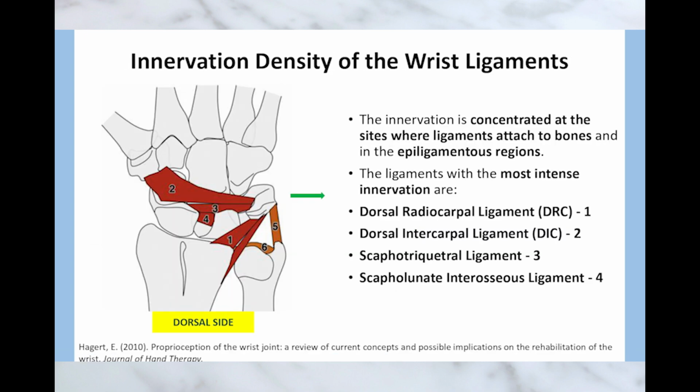But when you look specifically at the ligaments, some of them have a lot more nerves than others. Okay. The dorsal radiocarpal ligament, DRC, the dorsal intercarpal ligament, DIC, the scaphotriquetral ligament, and importantly, the scapholunate interosseous ligament, SLIL. Those all have a really dense network of nerve endings. And we have some innervation maps that show exactly where these nerves are in the ligaments. So it's not random. The ligaments that are most often injured in carpal instability, like the SLIL, they have the most sensors. Right. So it makes sense that your body needs to know if something's wrong in those key areas.